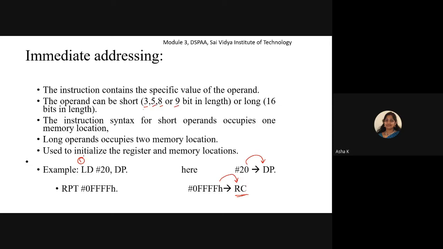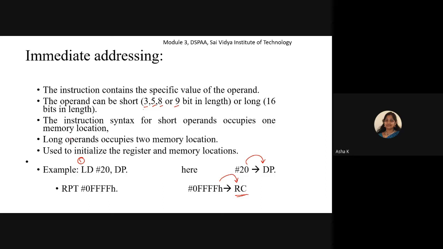Don't worry about the other examples. Questions like identify the addressing modes, such kinds of questions they have not yet asked. I'll go through the question papers also after the class. They'll ask only to explain the different types of addressing modes available in the TMS320C54xx processor, or sometimes particularly ask to explain the indirect addressing mode with a neat block diagram, or explain the direct addressing mode with a neat block diagram. Such questions may appear in the examination.